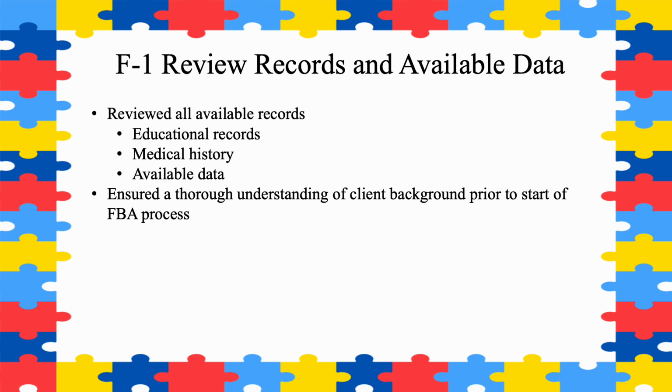This included things such as educational records, medical history, any available data collected on the client, things of that nature. This helped me to ensure that I had a thorough understanding of the client's background prior to the start of